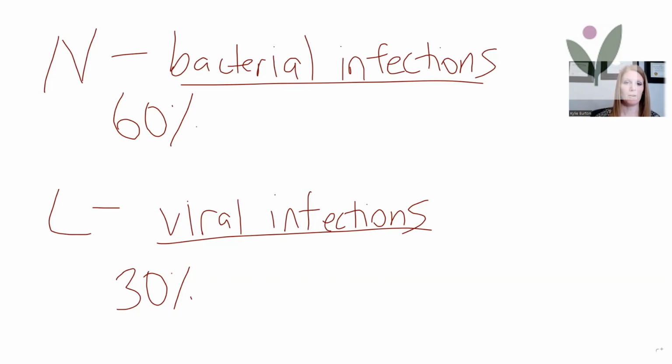Okay. Now, these two are the most important markers, not only for this reason, but for this other reason. Pay very close